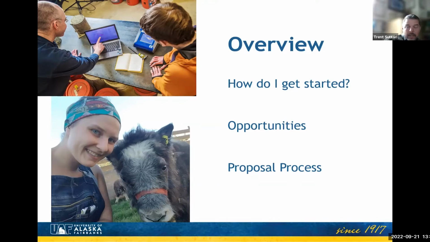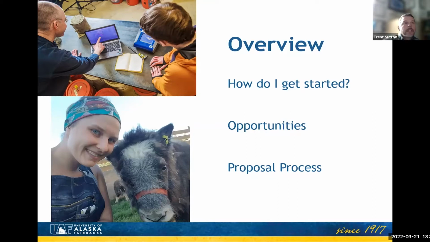And I'll keep using those terms, research and creative activity or research and creative scholarship, because there are some differences. Think about research as the traditional scientific method, hypothesis testing, versus what a student, say, in liberal arts might do. Since you're in anthropology, you can be in a couple of different worlds. You might do a formal research project, or it might be something more of a creative activity or creative scholarship. Any of those are valid in terms of what we would support.